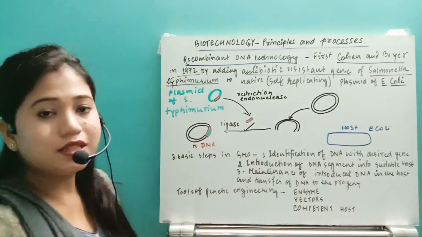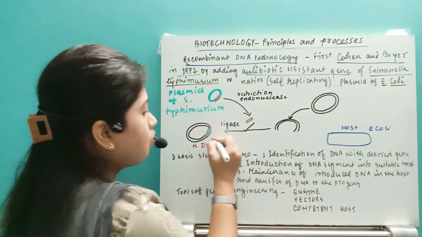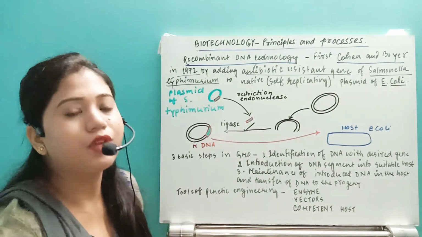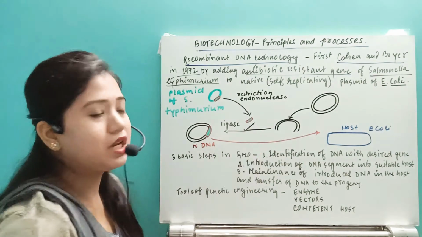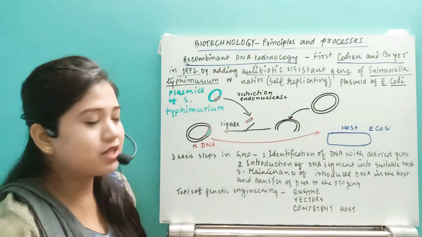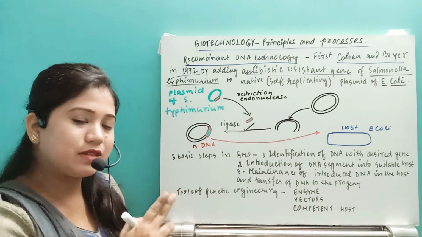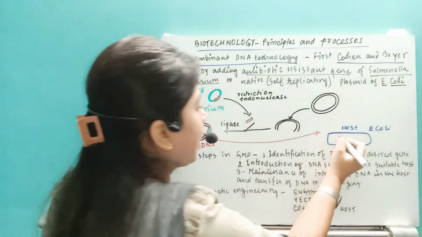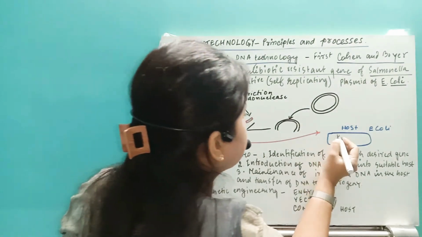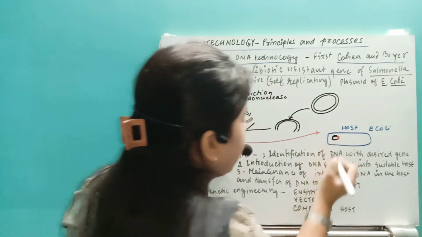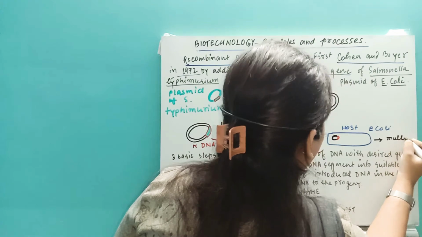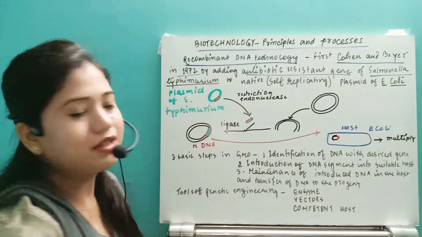Okay, so this rDNA will now be introduced into the host. First of all, how can we enter this rDNA directly into the host, right? By using some chemicals or some techniques, we can make or break this plasma membrane permeable. Then after that, this rDNA will be introduced into the host body. The host body is made competent, right? And after that, this host E. coli will multiply so that our desired gene can also multiply.